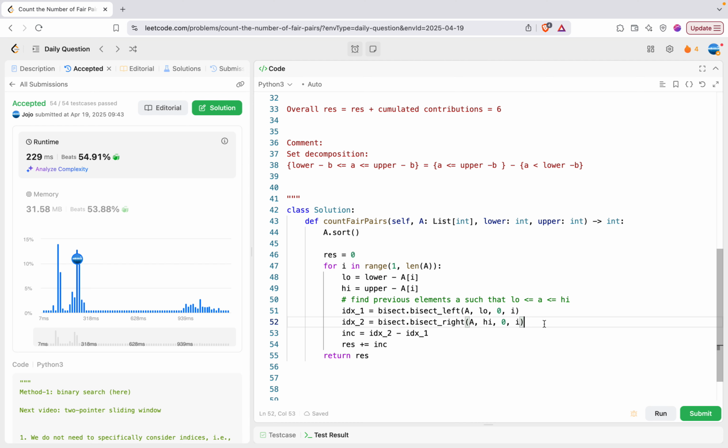Print the current element, so we are considering A[i], and the next ones are idx2, then idx1, and then the increment. So now if you run it,